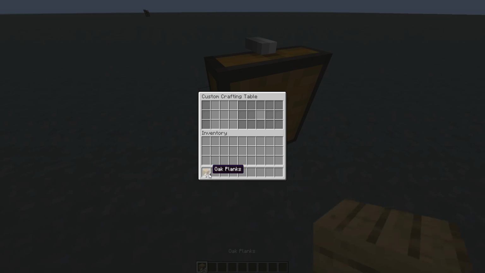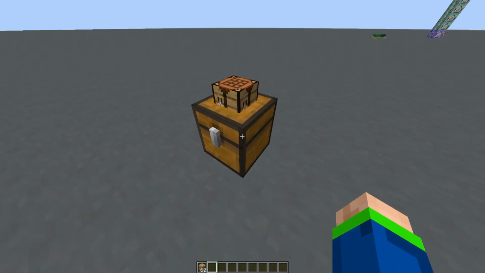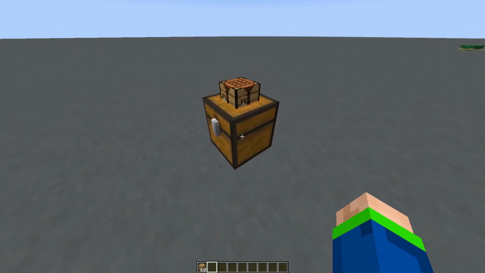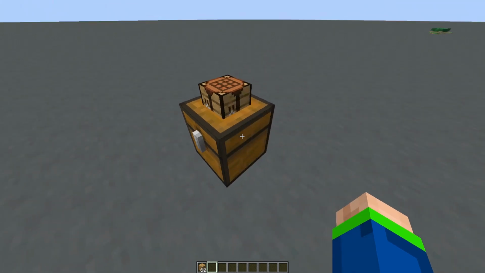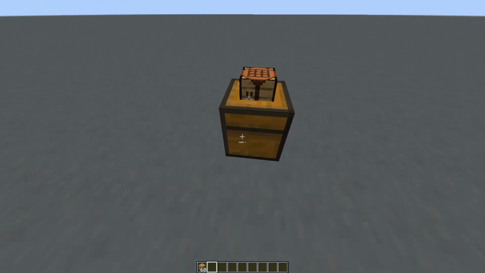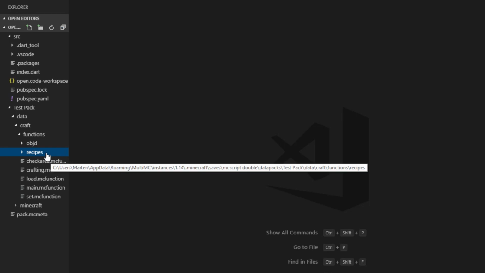And there's also a very simple recipe. You can just craft a crafting table on the left here. This would be the simplest way to integrate my crafting API in Minecraft without any textures or any modifications to the game. To set your recipes, you can